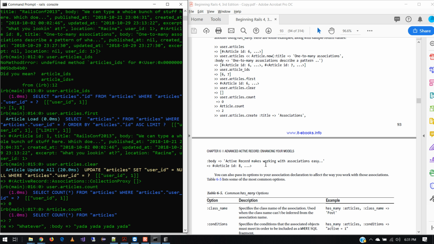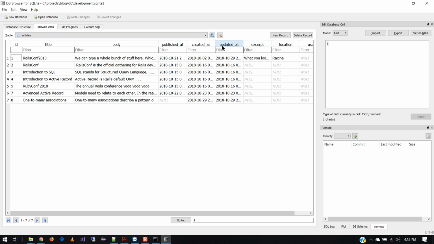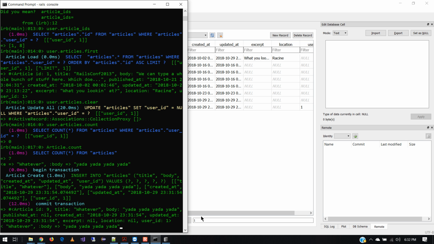Parentheses, correct? And it looked like it worked, so let's go back. So let's refresh, this is the articles database. So you see, it enforces the relationship. Now let's try it with the parentheses. So what I'm going to do is just reiterate that last command,